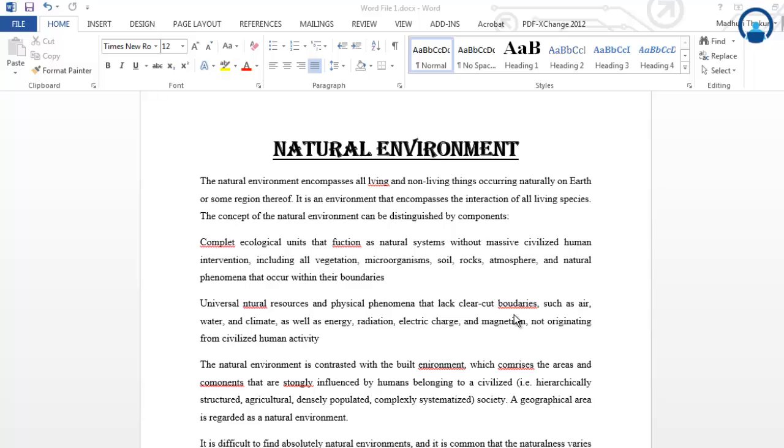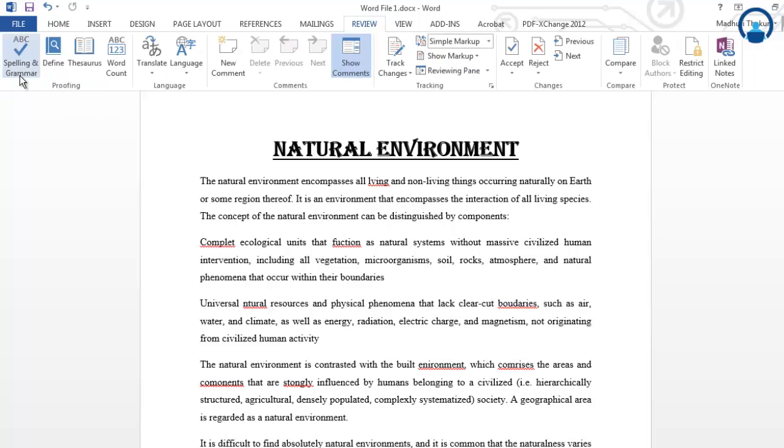Now, the next concept, or the chapter, we'll understand is about proofing documents. Over here in the Review tab, we'll look at checking the spelling and grammatical mistakes which we make in a particular document. When we type a text or write something, we tend to make spelling and grammatical mistakes. So how do we correct them?